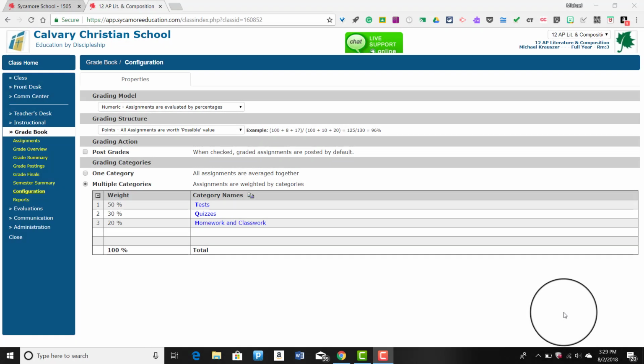And here's a bonus tip for you to save yourself some time. If you are using the same grading configuration, percentages and all that, for every single class that you teach, you can copy it from one class to all of your classes. That way you don't have to do it individually in each class. How you do that is on this grading configuration page that we were talking about. You're going to go to where it says category names right here,